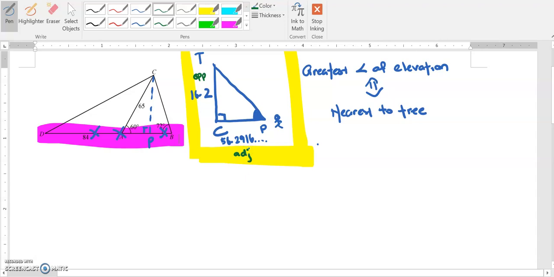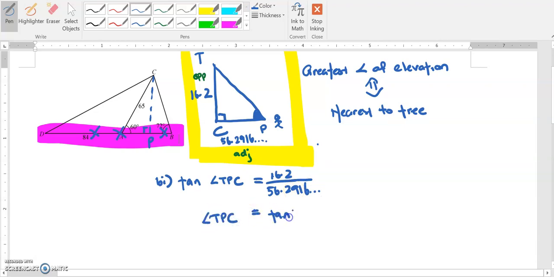So putting them together, B part 1, I will be going for tangent, because tangent links opposite and adjacent together. Tangent, I do not know the angle, so let me call it TPC, is equals to opposite over adjacent, which is 56.2916. So angle TPC is tangent inverse this entire fraction